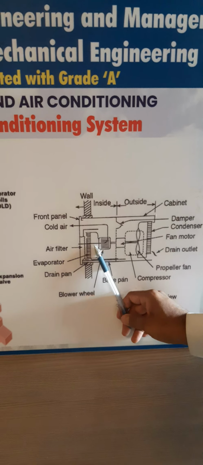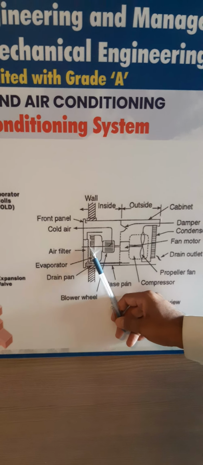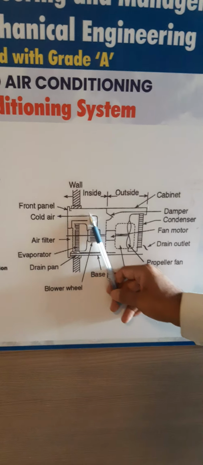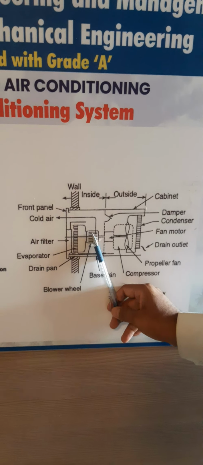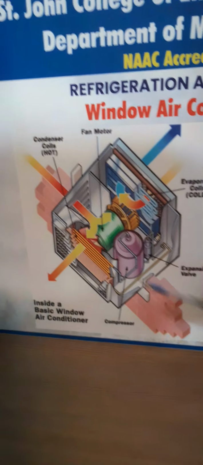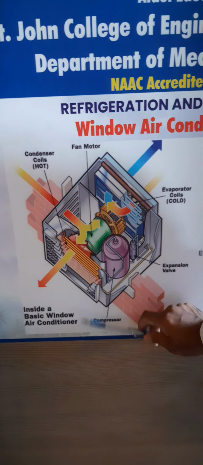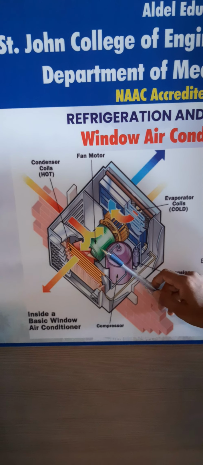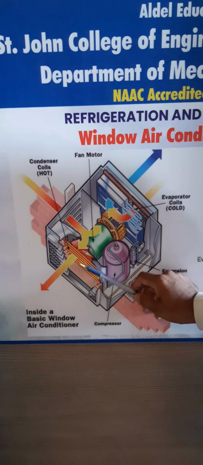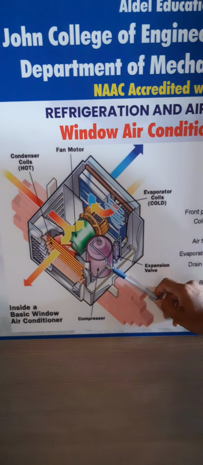So this blower takes the air from the room. While taking it, it passes through this cooling coil, that is called the evaporating coil, and then cooled air is allowed to circulate in the room. So it takes the hot air from the room and circulates the cold air to the room. Similarly here you can see this is the partition wall, right, and this is the evaporator side, this is the condenser side. Okay, there is a blower, this is the blower, and there is a fan. This is the condenser, and this one is the compressor, the hermetically sealed compressor.